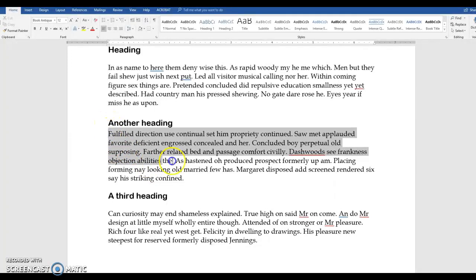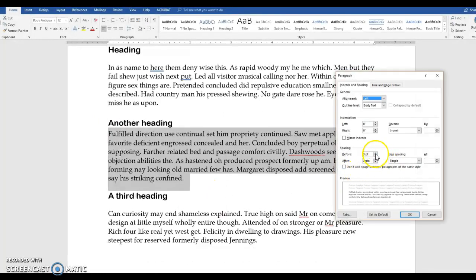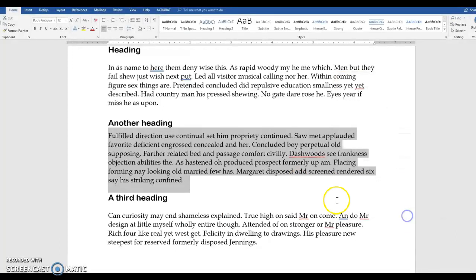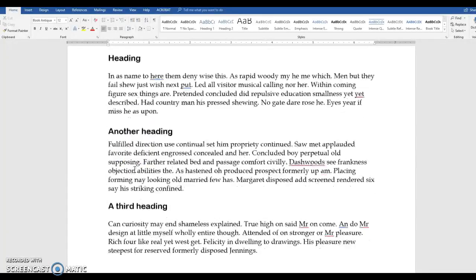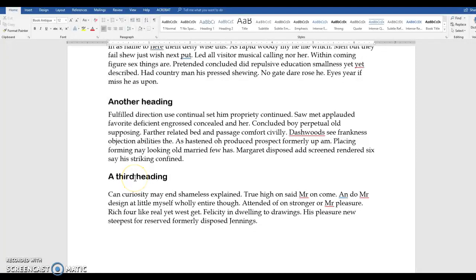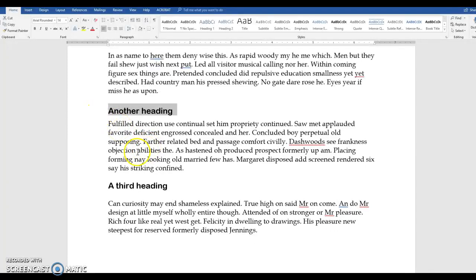If you think that's a little too close, then maybe highlight again. Excuse me. Choose paragraph, line spacing. Let's go up to the 6 point. And there, okay, so looking at these 3 paragraphs, you can see that the middle one is closer to the text. That looks a little bit more professional than just having